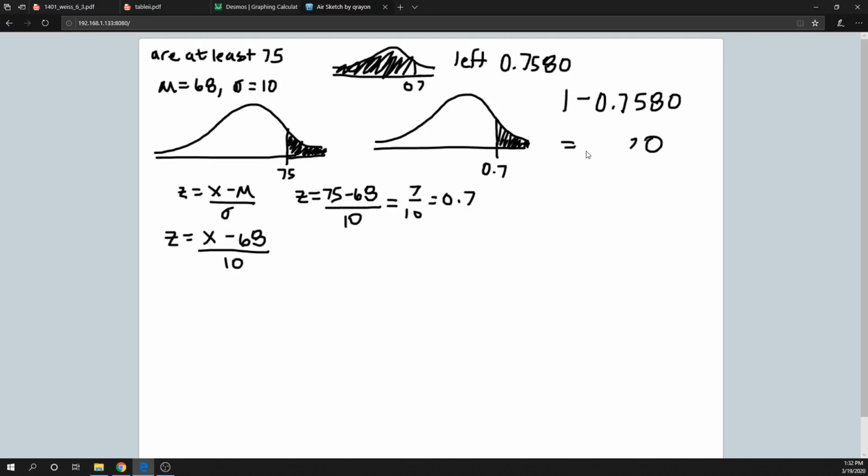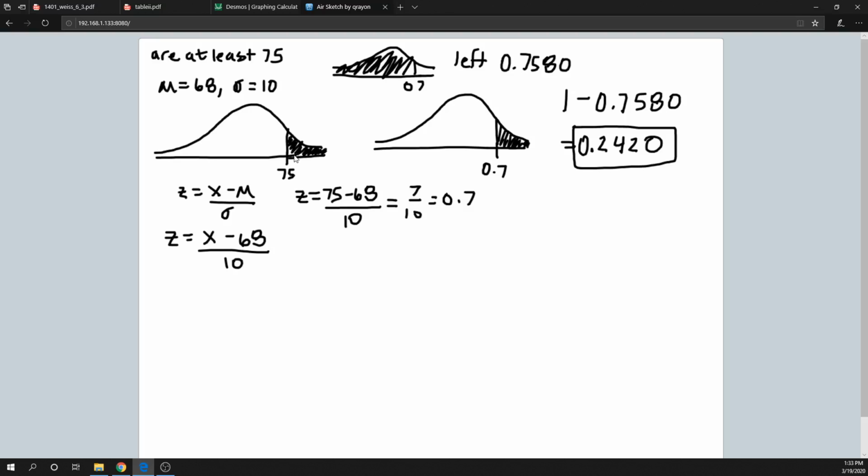0.2420. And just double check that. Yes, that looks good. And so that's the answer for this one. 0.2420. And so we would say that approximately, if you're looking at these as percentages, we would say that